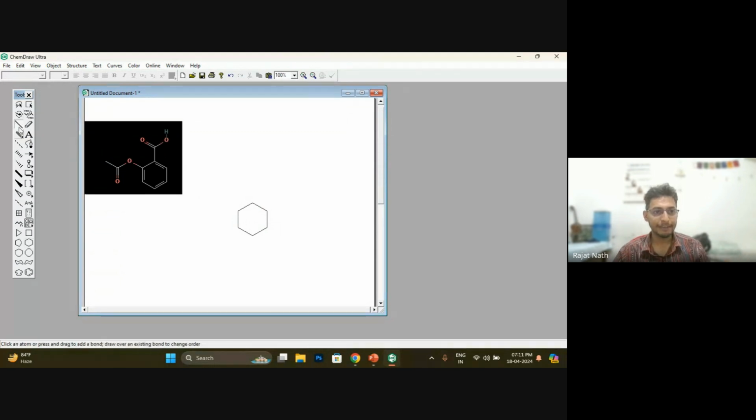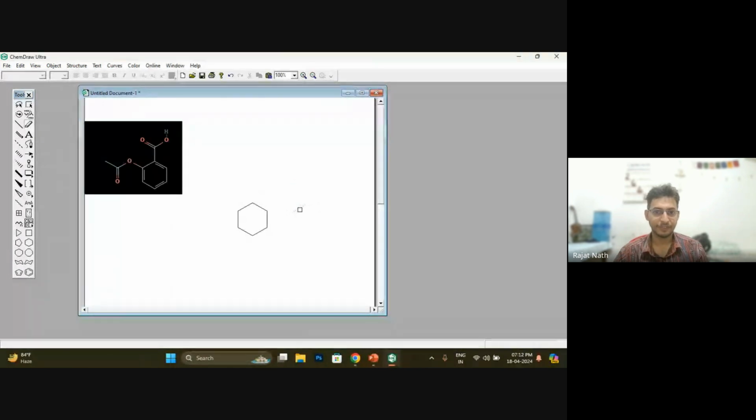So on the left-hand side, see, this is the structure of the double and single bond. I have already one single bond, so I need another single bond here. If I click outside, it will show like that, so it will not be connected with my structure. If you mistakenly click outside the benzene ring, you can erase this structure. There is an eraser tool. Just click on the eraser tool and erase the